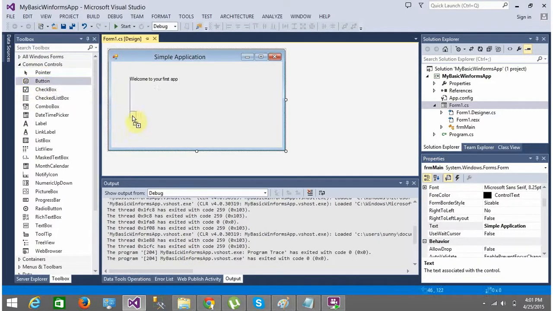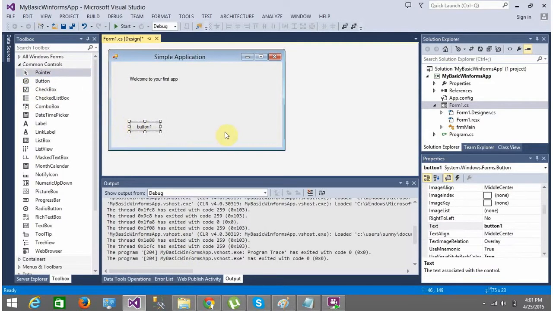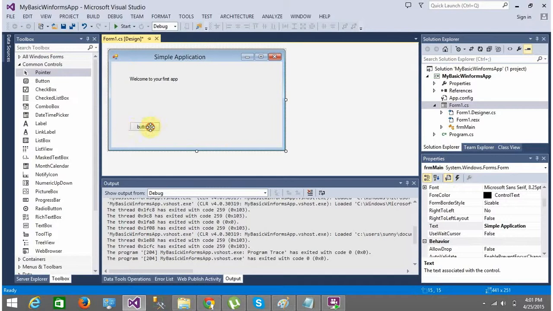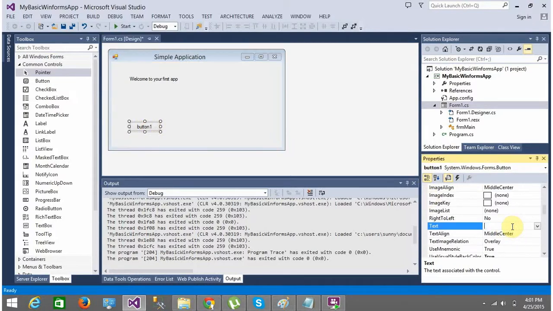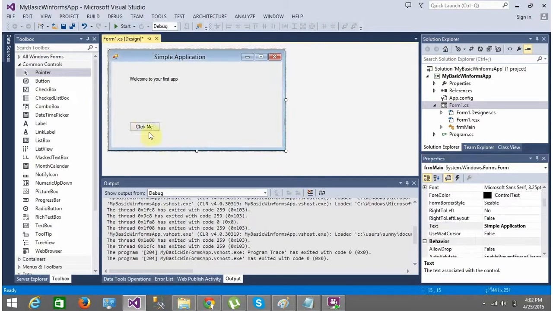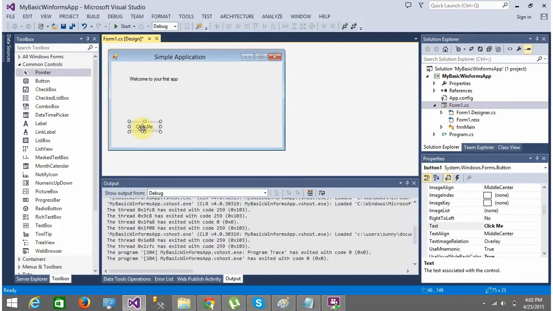What we want to show is a hello world message. The hello world message should be shown when we click on this button, right? So here I have a button, and the text of the button is "click me." Whenever the user clicks on this button, we should be able to see the message hello world, right? Now where should the hello world message be shown? We need some place where the message will be shown. So let's say that the message will be shown over here in place of this, right?